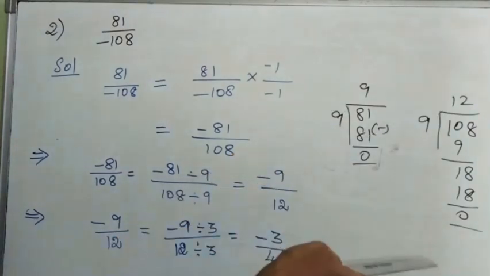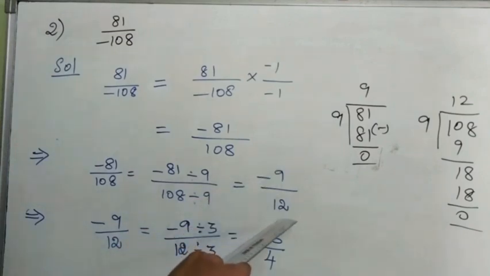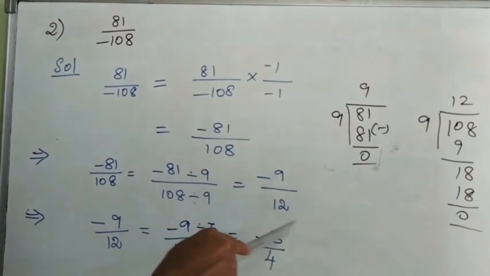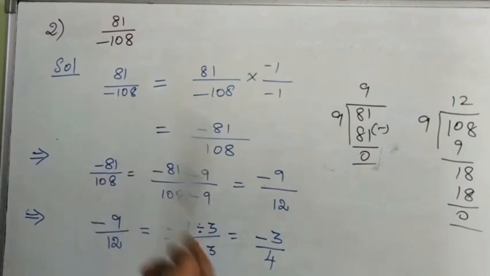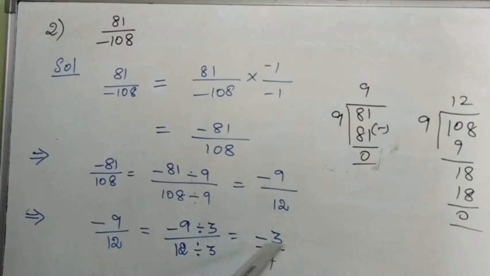So first check whether it is divisible, divide, write the answer here, and again check whether the coming answer can be cancelled. Again check whether the common factor can reduce it further. See here, minus 9 divided by 12. Both 9 and 12 come in the 3 table, so it is possible. So we have to divide numerator and denominator by 3 and write the answer. Next check minus 3 and 4: is it possible to cancel in any table? There are no common factors, so we stop here. Therefore minus 3 by 4 is the simplest form.